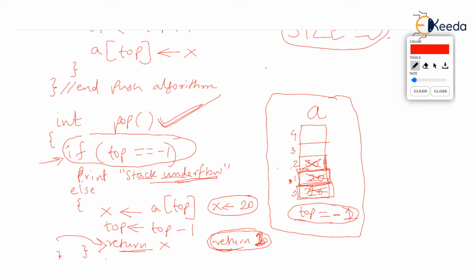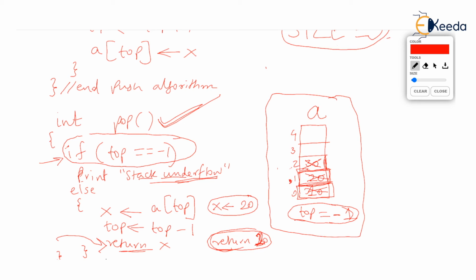We have promised that pop will return an int, and in the if part of the pop, we are not returning an int, and in the else part, we are returning an int. Just try this C function. Although I have not given such a C function to you, I have given an algorithm. Just try such a C function where the function should return int, but if doesn't return an int, else returns an int. Forget it, the compiler itself will give an error stating that function may not return a value. That's what I said, the underflow must be checked by the calling function.